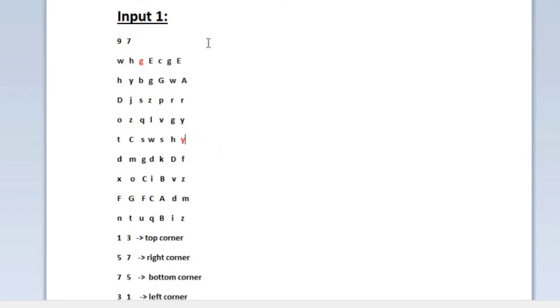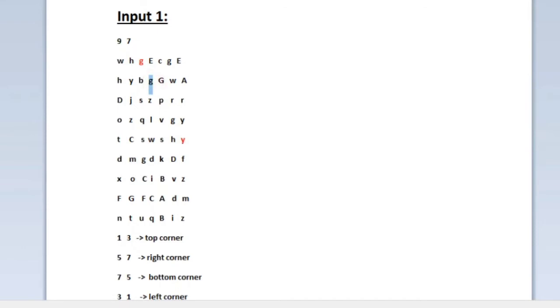It is given in the question that a rectangle tilted 45 degrees is present within this matrix, and these 8 integers represent those coordinates. Out of 4 coordinates we have highlighted the top corner and the right corner. Now we have to connect these two coordinates because they are part of the border of that rectangle.